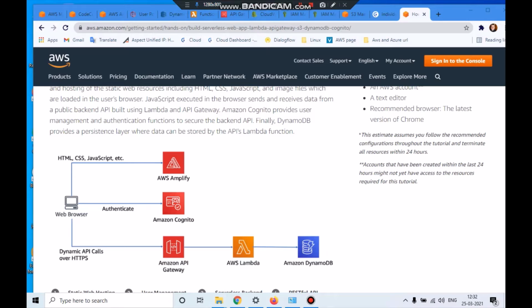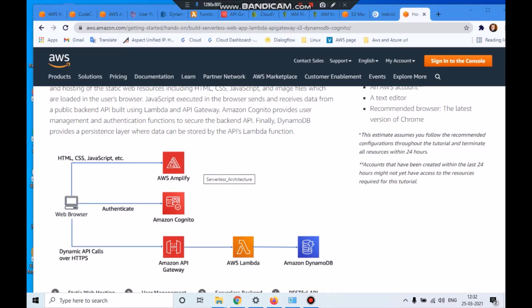In that scenario, we need to have a website. We are creating a static website with the help of Amplify. Once you create a static website, we have to authenticate user credentials. For that, we are creating authentication with the help of Amazon Cognito. Once Cognito authentication is created, we have to place a request where the driver is, and the pickup information needs to be carried out.